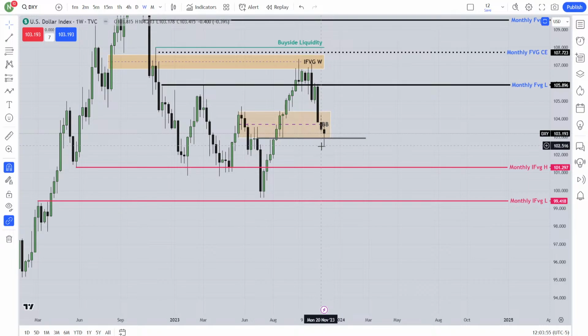Now why did it go through this? As per ICT, that is a Mohawk. I don't know the exact pronunciation of that word, but that is a Mohawk, something like that. So that is the Mohawk, and I believe it will go higher now from that breaker.